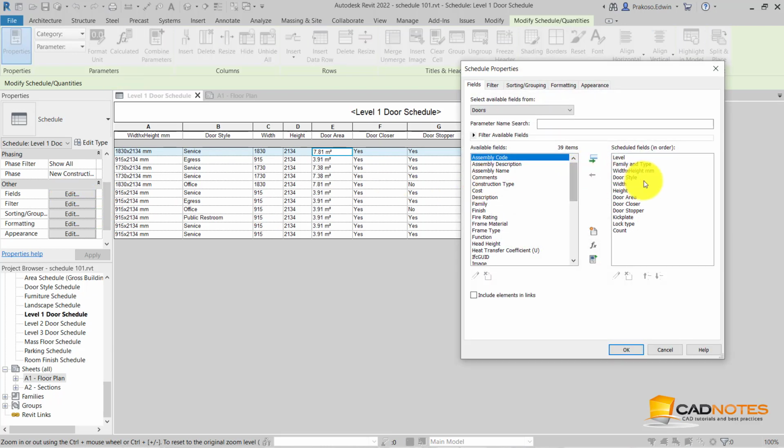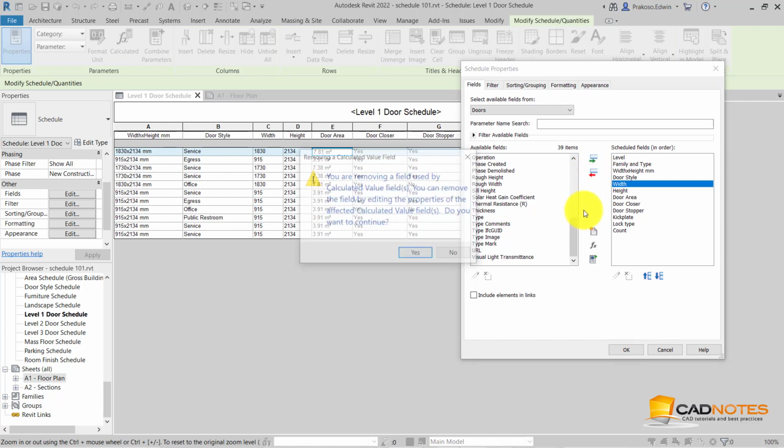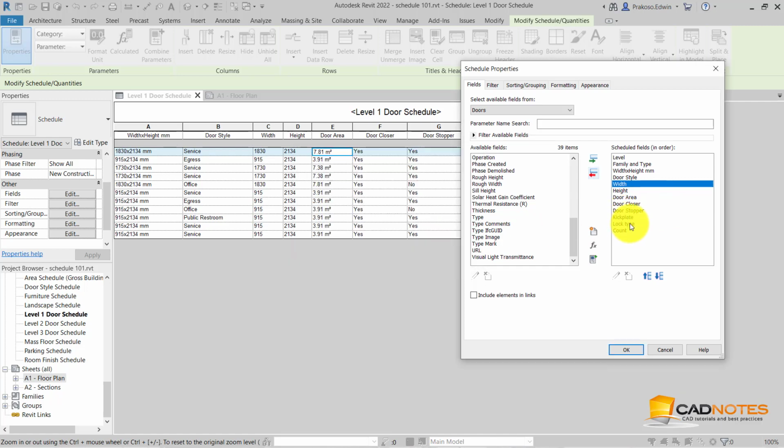Notice that after we place one parameter like this, the parameter is no longer available in the available fields. So if I put it back, sorry, let's just try the type.